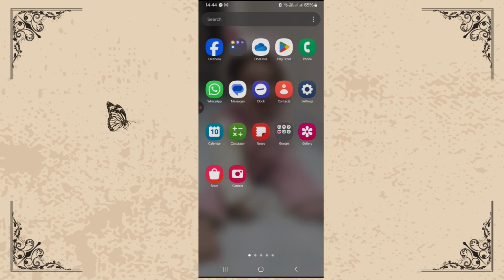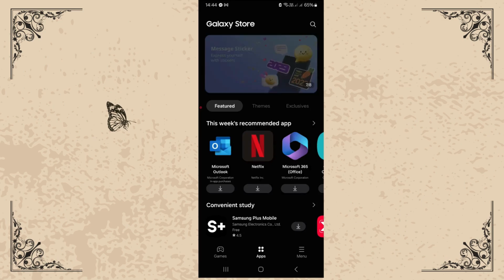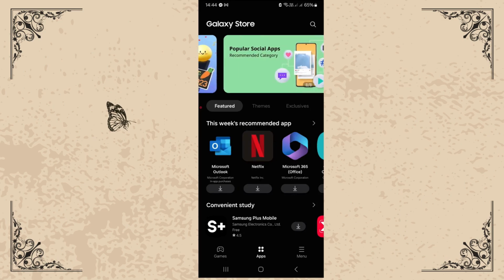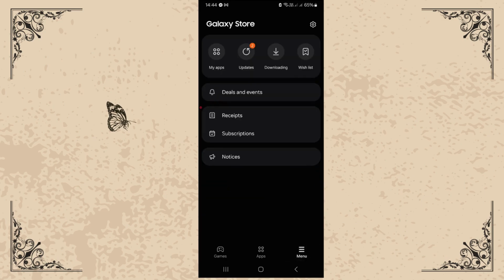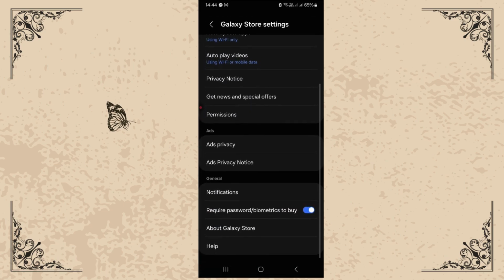First, open your Galaxy Store. Then, after opening it, you will see an option menu in the bottom right corner. Just tap on it. Then you will see a gear icon on the top right. Tap on it. Scroll down a little bit and in the general section you will see an option